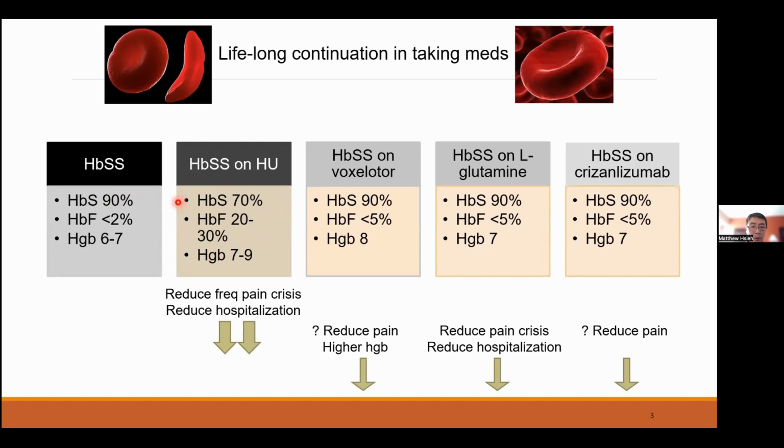And we know from both clinical trials and in patients that taking a good dose of hydroxyurea really does reduce their pain crises, both in the hospital and outside the hospital. And if you have to be hospitalized, the number of times you're in the hospital is significantly less, as shown by these darker, larger arrows. But over the last 5 or 6 years, there have been 3 new medications that we